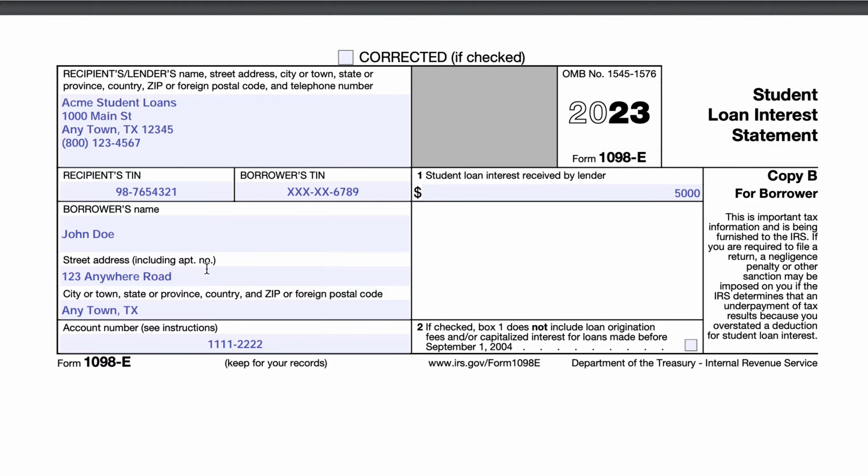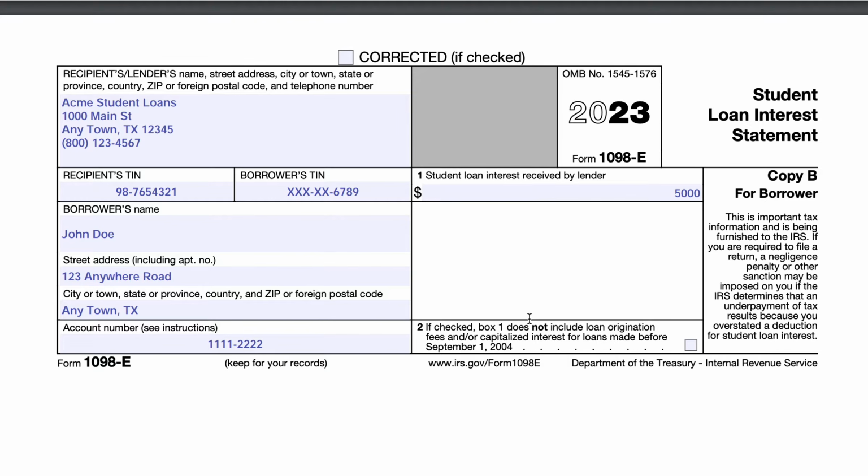And then below that, you'll see an account number. If that is blank, there's no real tax impact. You may have an account number based on whatever account system the student loan servicer set up for you. So this is only a requirement if for some reason you receive 2 Form 1098-Es, like if you took out a subsequent student loan from the same issuer and they had to set up a separate account, then you would receive a separate Form 1098-E for each account that was established.